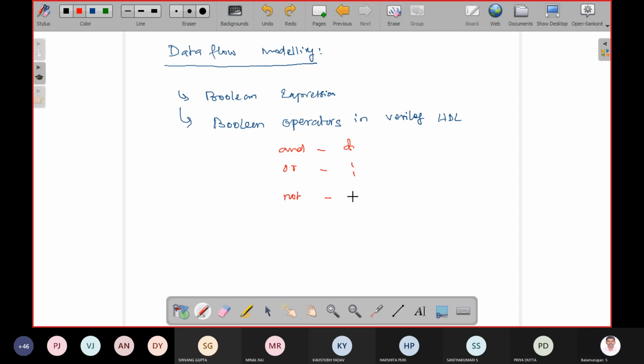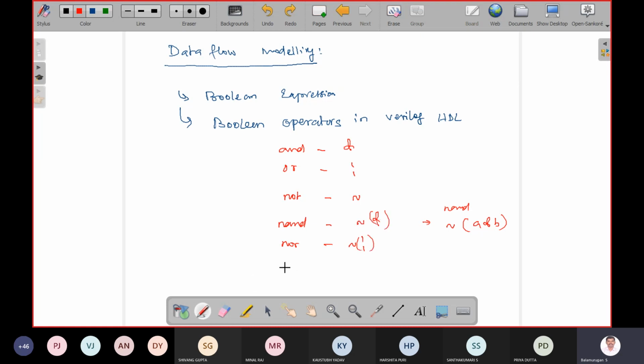For the NAND gate you use negation with ampersand. That means if I want to write a 2-input NAND gate, I put negation of A and B, that is A dot B whole bar. You should not put negation only on A or only on B; first put A and B, then in front of that put the negation. Similarly for the NOR gate, you use the pipe symbol with negation in front.